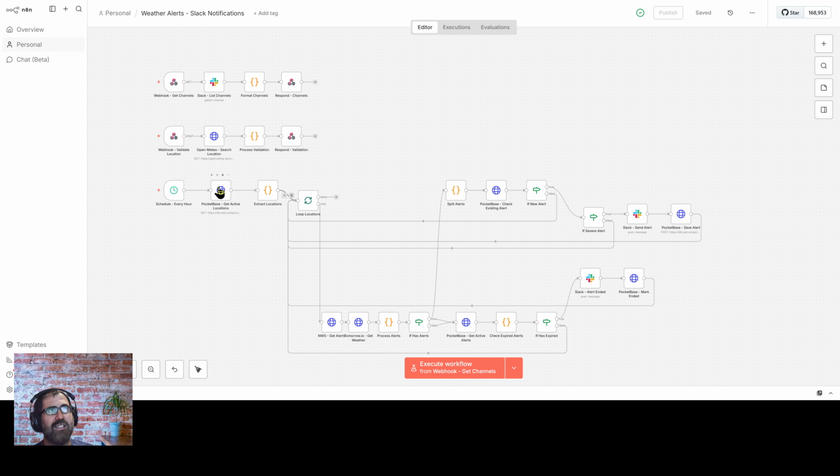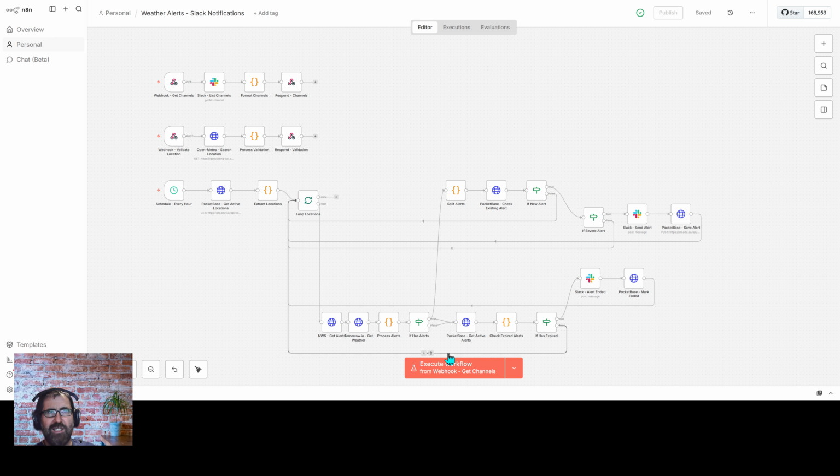So what this does, it takes the location that you have here and goes through a loop. It goes through the National Weather Service alert system. It also goes through the Tomorrow.io API, which has more customizable weather alerts, so you can set specific alerts for some specific weather thresholds, like when winds are over a certain speed, then you can set it to trigger a severe warning or something like that. It has an if logic, so if there are alerts, a Slack notification is sent, and the location is saved,